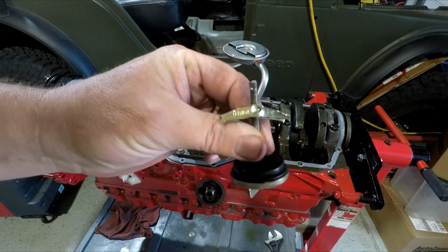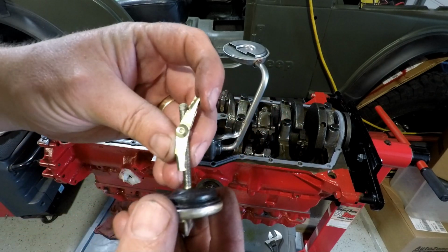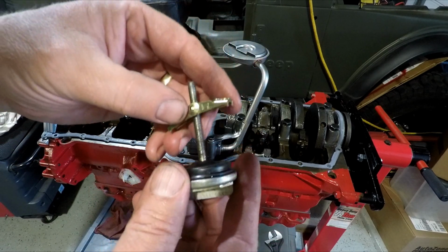I kind of like this style actually because you can't lose it. You've got to loosen it, drain it, tighten back up. It almost works like an anchor. You shove it in through the hole, flop it down, tighten it down. Works really well. May have to go to a standard